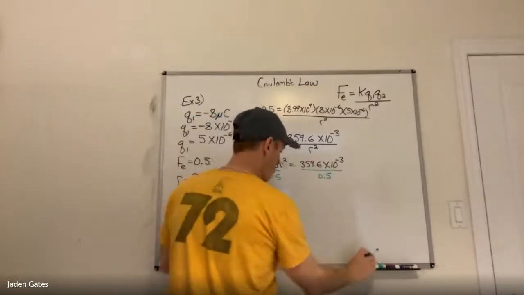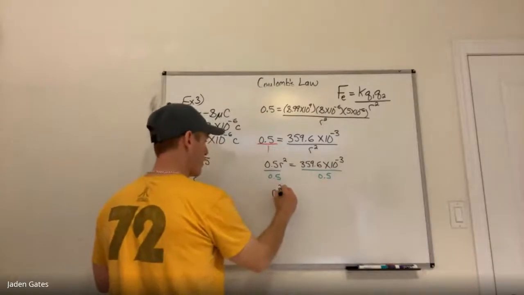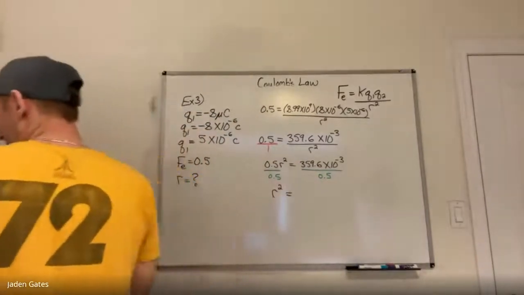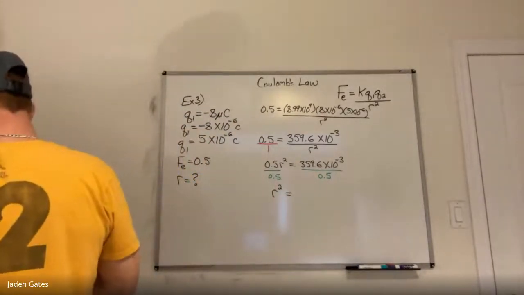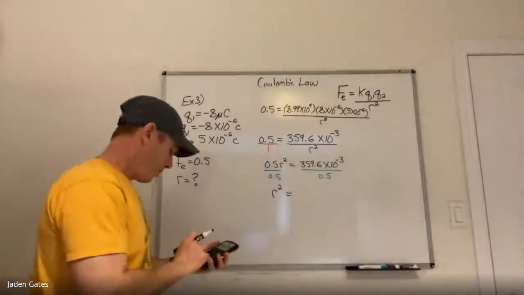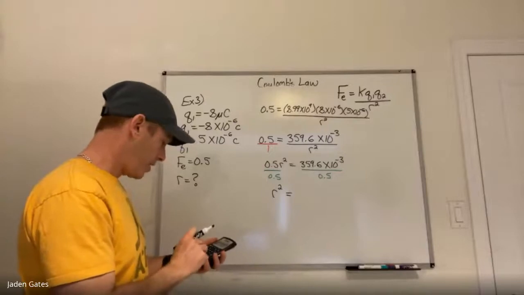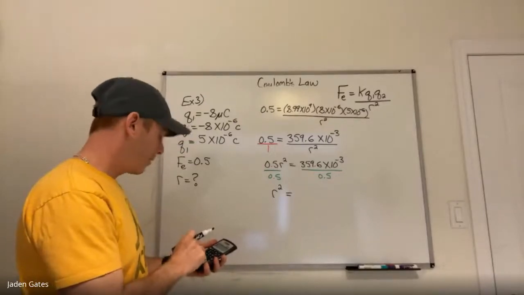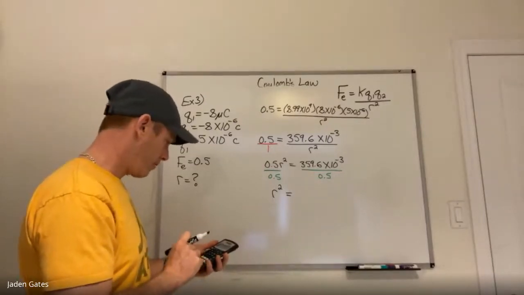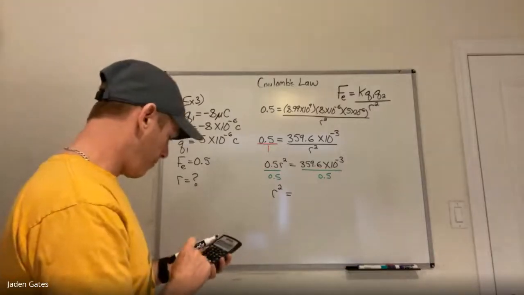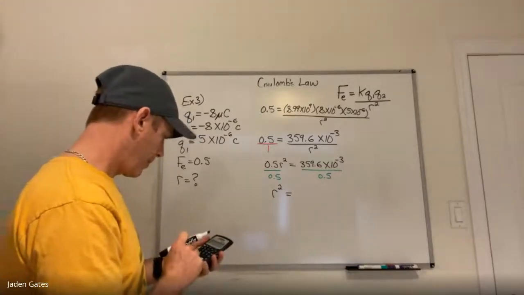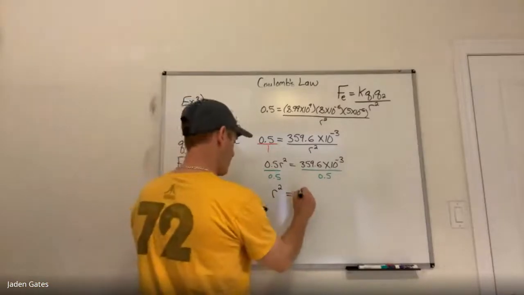And that'll give me r squared. So let's see here. Now what am I getting? I take that 3559.6 times 10 to the power of -3. Okay. Then I divide it by 0.5. And I get